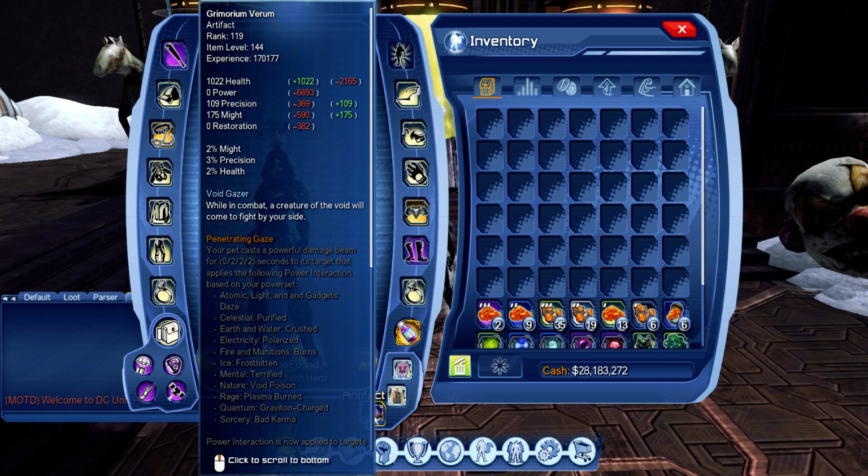So actually I don't have this one, but just in case, if you have the Grimorium Verum, it's fine. It's fine anyway. In 99% of the cases the Neo Venom Wrist Dispenser is always better compared to the Grimorium Verum because you don't need any kind of power interaction as precision, so it's always better. But just in case you don't have the Grimorium Verum at a decent level, not like mine, it will